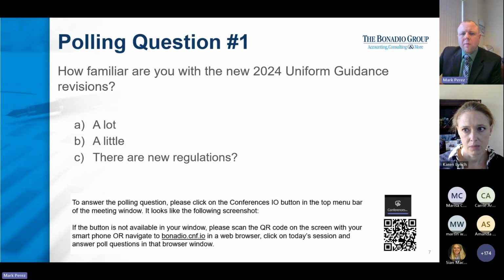So to start off, we'll go with our first poll question. How familiar are you with the new 2024 uniform guidance revisions? So once again, if you go to conferences.io,